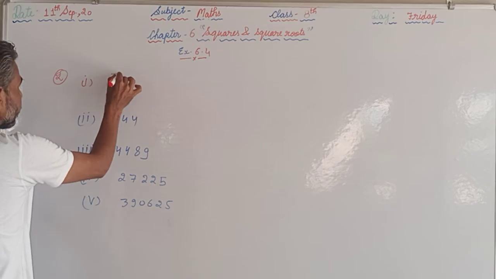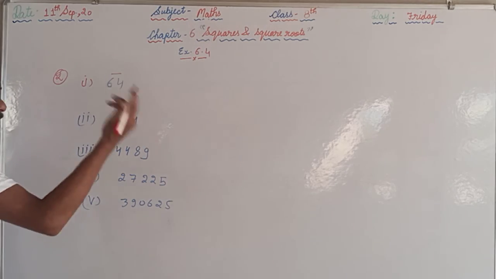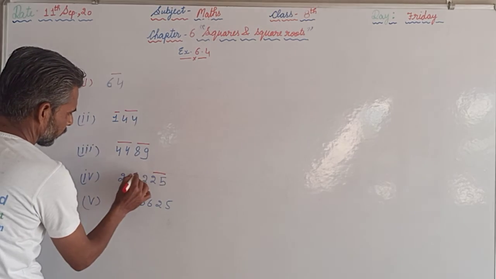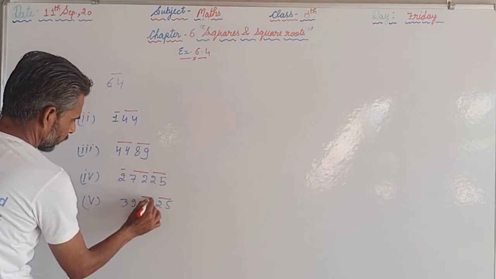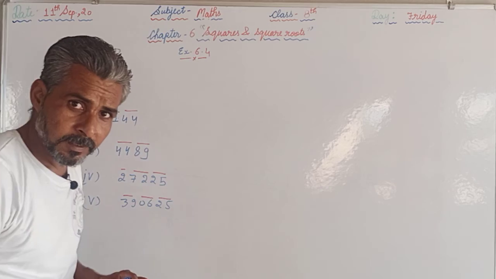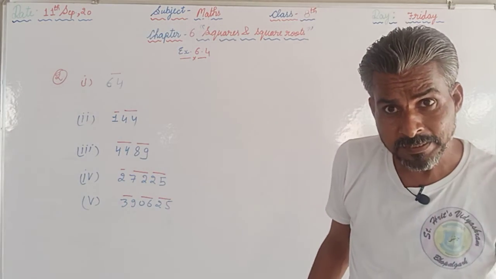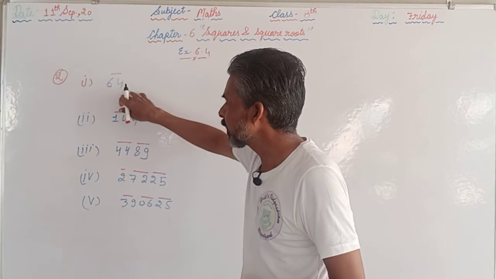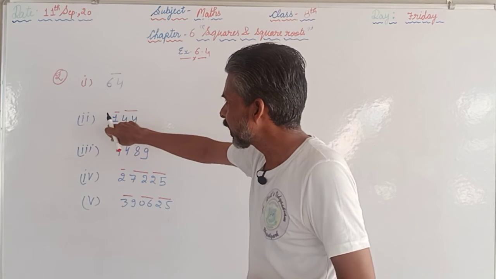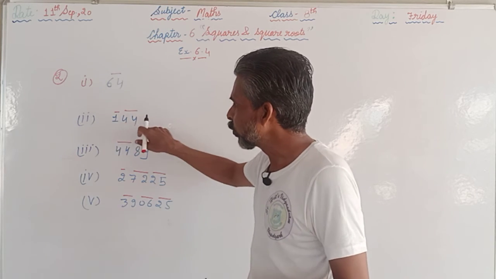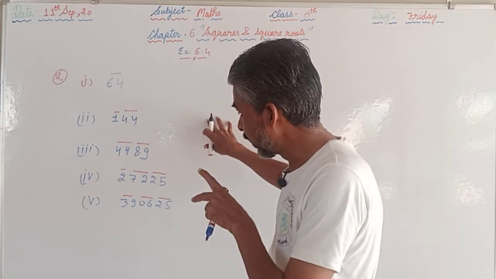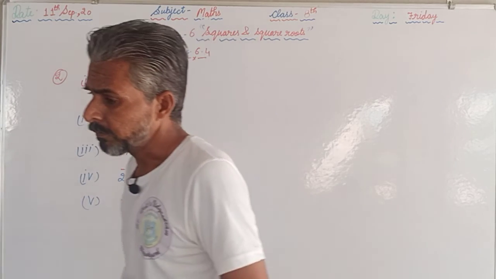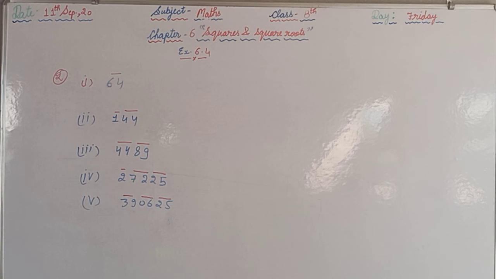So we will start the pairing. We start the pairing from the right hand side. How many pairs are there, that many will be the number of digits in the square root of these numbers. Here one pair is there, so there will be one digit. Here one pair is there and the second is incomplete, but we can say two pairs are there, so that's why here will be two digits. Again here two digits, here three digits, and here again three digits will be there in the square root of the given numbers.